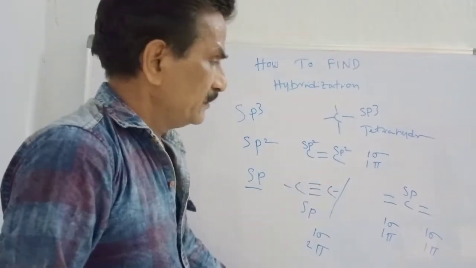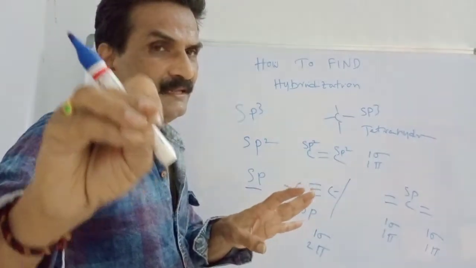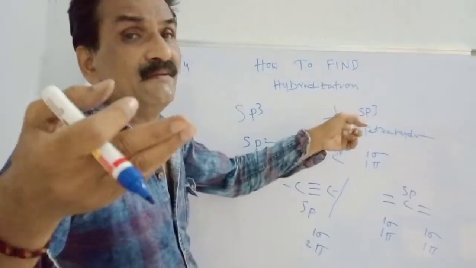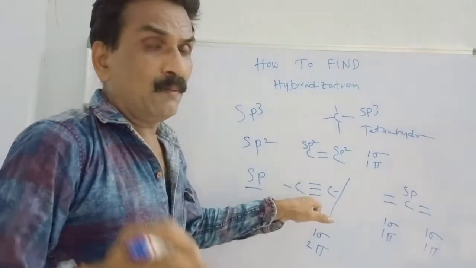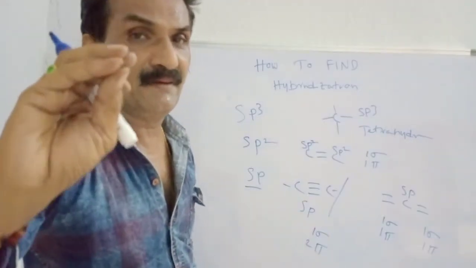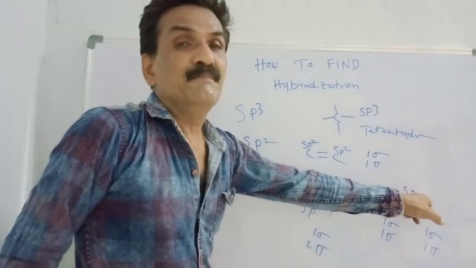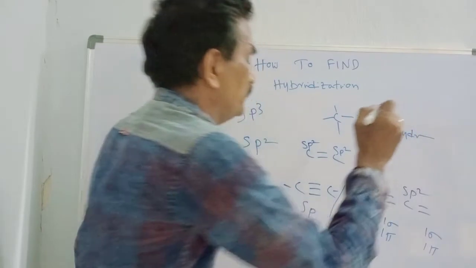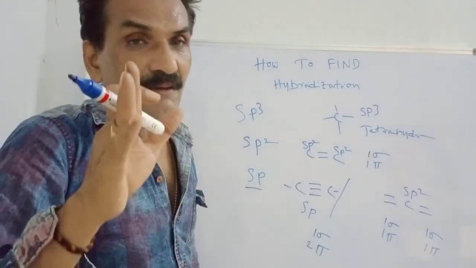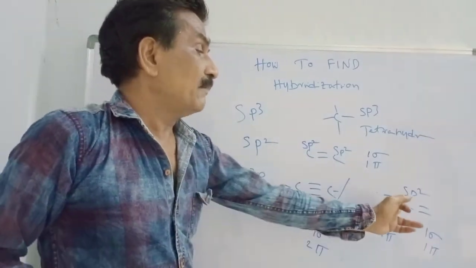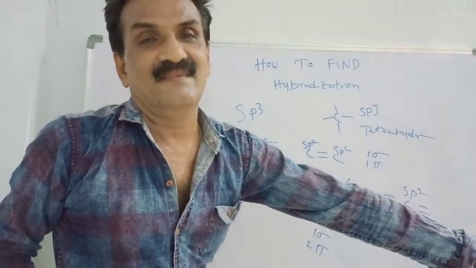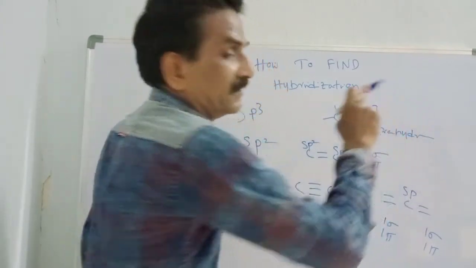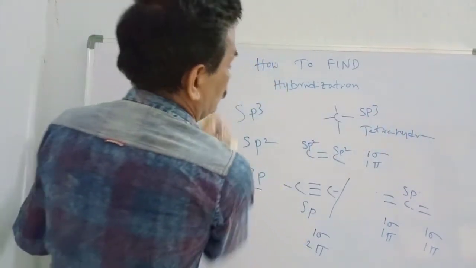Please note it. People generally confuse this. They will indicate a single bond as sp3, and for a triple bond they will indicate sp hybridization. But in the case of double bonds on both sides, people get utterly confused and simply mention sp2. No, that's wrong. If carbon possesses double bonds on both sides, then the carbon is sp hybridized. Let us go for some examples.